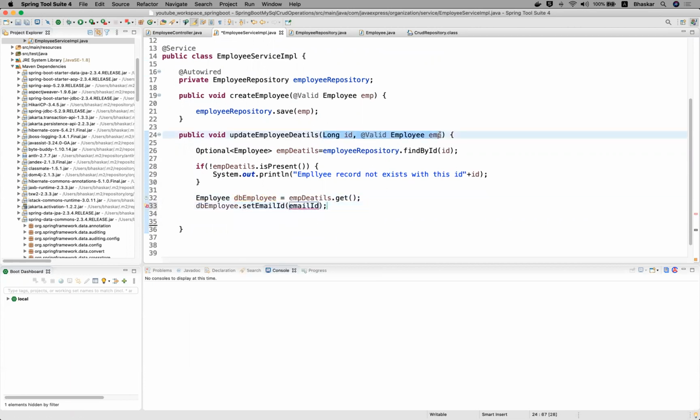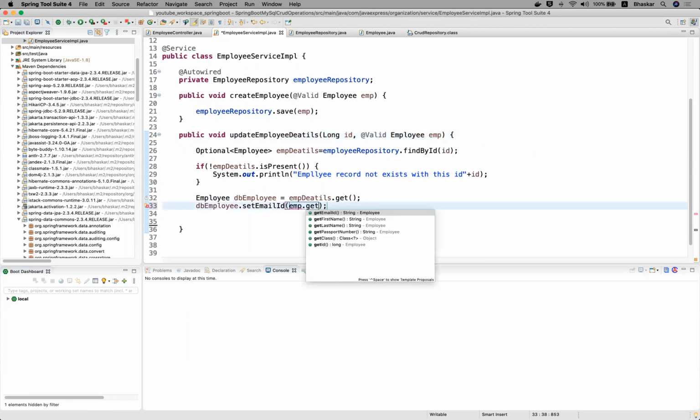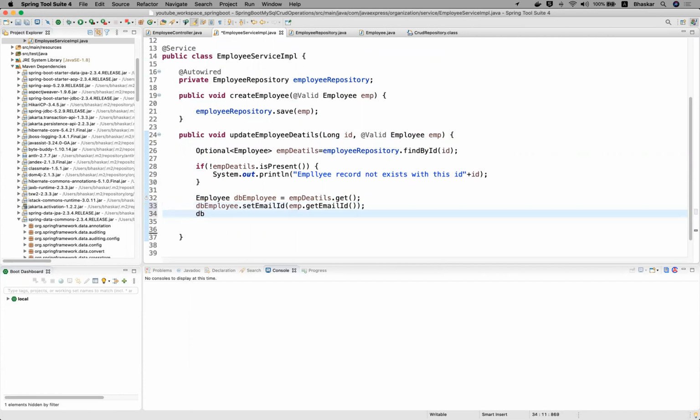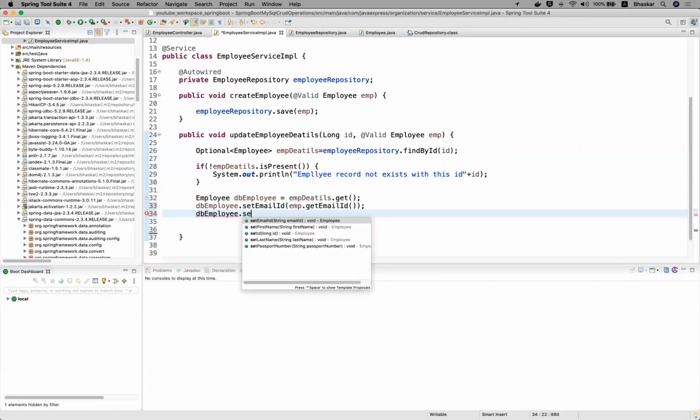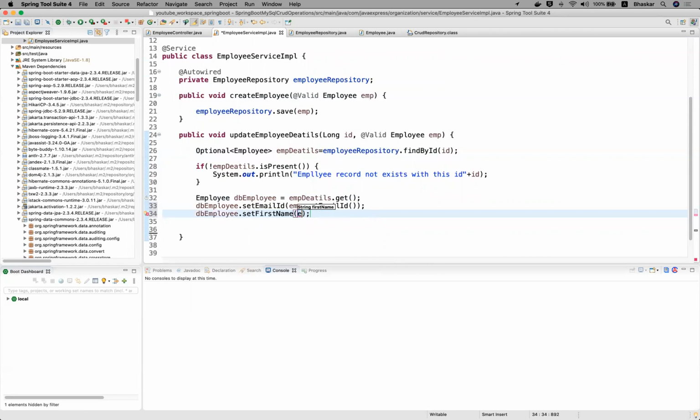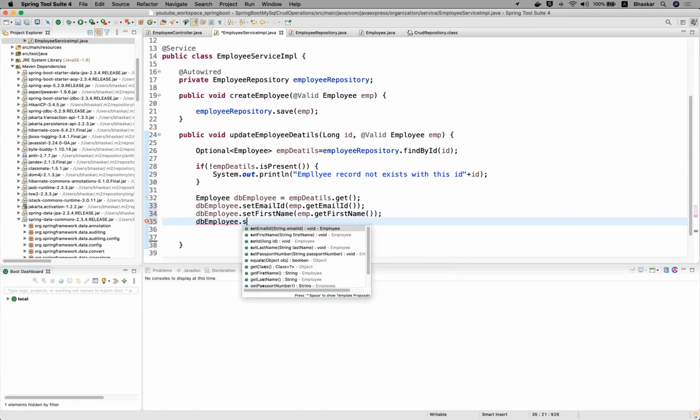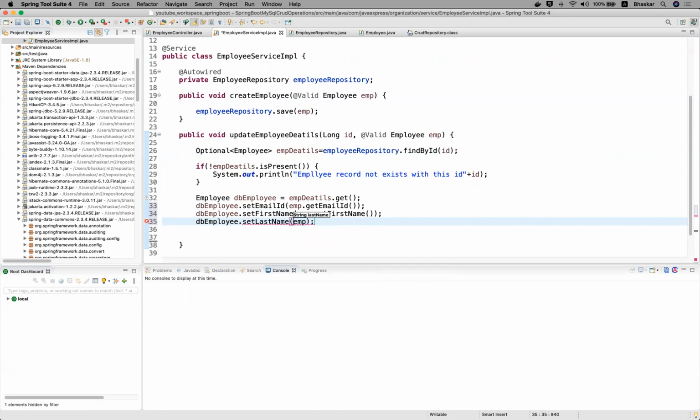Which email id do you want to set here? emp.getEmailId. So I'm just setting the details whatever you are giving. Now I set the first name, here emp.getFirstName, and here you need to set your last name. Now where is your last name? Your last name, emp.getLastName. Now your job is completed.